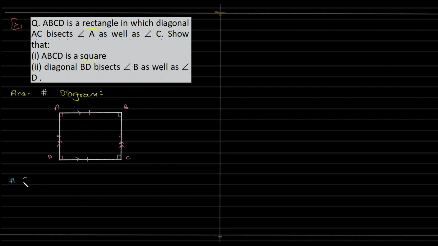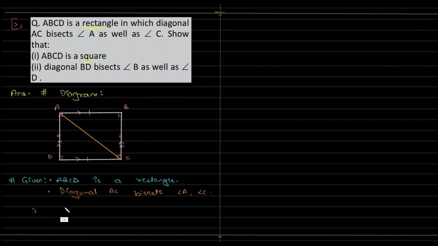So we have been given ABCD is a rectangle, right? So there are quite a few properties. We'll see that later. In which diagonal AC, okay, they have given this. This is very particular. So this is important. Diagonal AC bisects angle A, angle C. Right? So